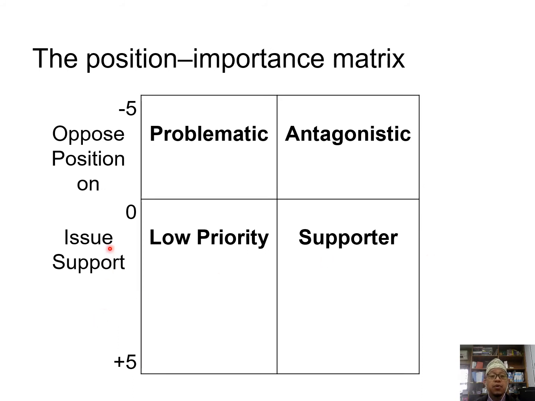So as for this position importance matrix, we have to look at this four quadrant of the situation, where we look at opposition position and also issue support. We look at the problematic, antagonistic, low priority, and supporter quadrants. So if we look at the situation in the problematic quadrant, it is where we have a negative point on the oppositions, and we have